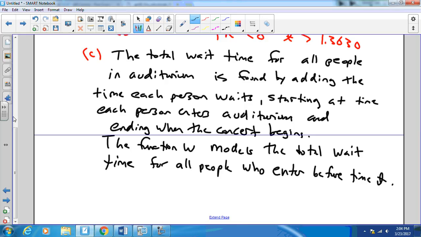Pause right here. In all of this, notice that I have not yet been told to find anything. They're giving me information, but they're not actually telling me to find anything. The derivative of W